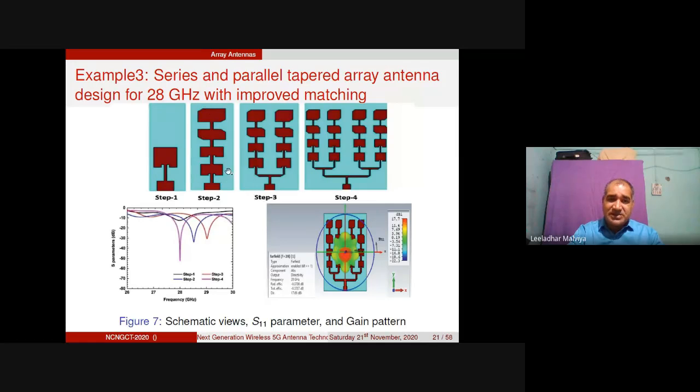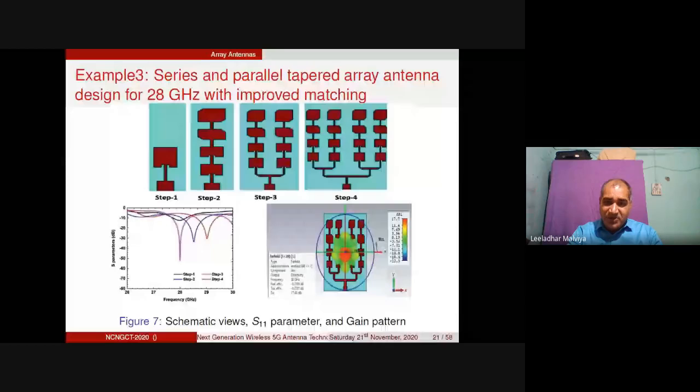So if somebody is interested in converting this design to circular polarization, he must know about axial ratio, because if you want to make a design of circularly polarized antennas, that may be left-hand circular polarization or right-hand circular polarization, you must have the axial ratio of less than 3. Then the design will be in the circularly polarized mode, right? And you must know how the waves are moving, in left direction or right direction. So depending on that, you can find out the LHCP or RHCP, right?